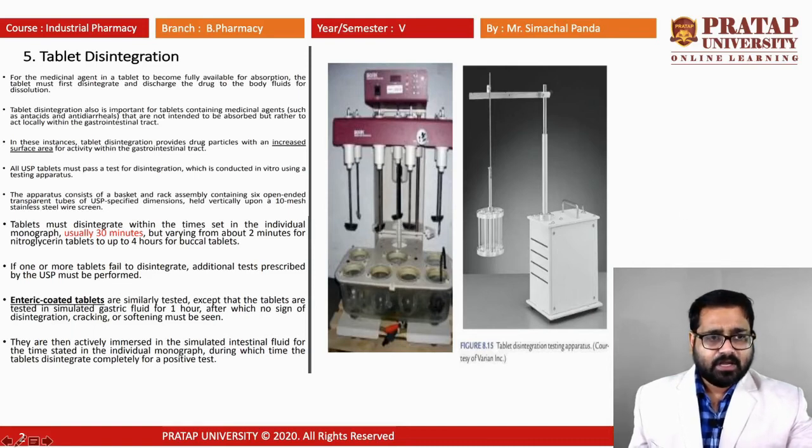For example, we have to take a graph between x and y. X-axis is nothing but the time, and y-axis is the amount of absorbed drug. So at regular time intervals, this will rotate at a particular speed that will be equivalent to our peristaltic movement, and the temperature maintained in the body fluid equivalent is 37 degrees centigrade. At different time intervals, from the 0 time, we have to take at 15 minute gap. For example, 0, 15, 30, 45, 60, like that.